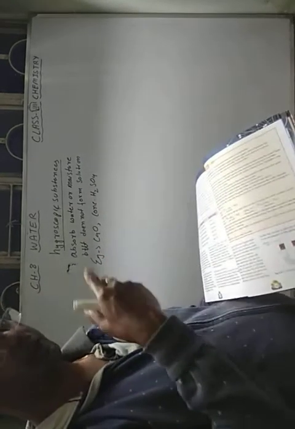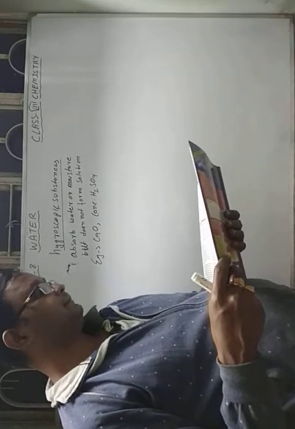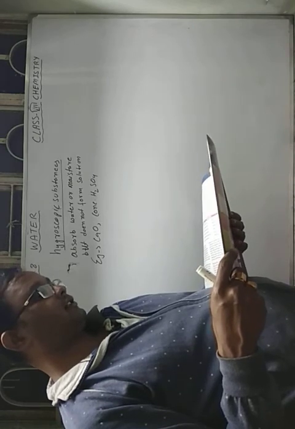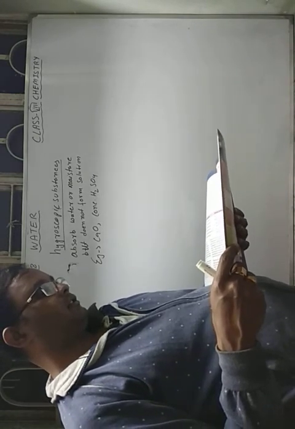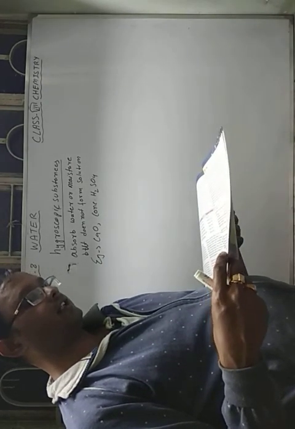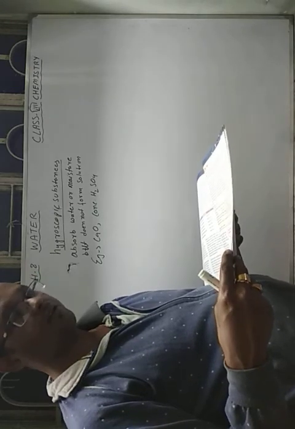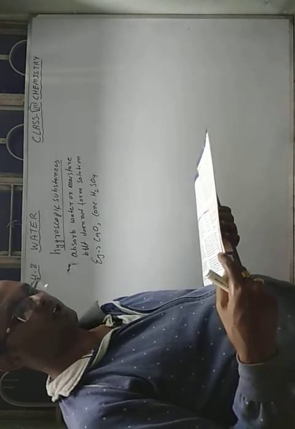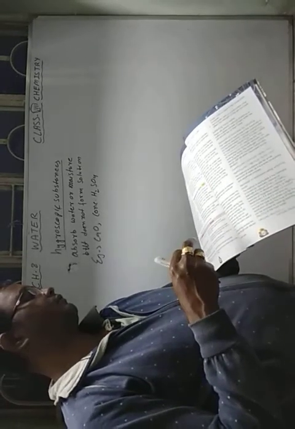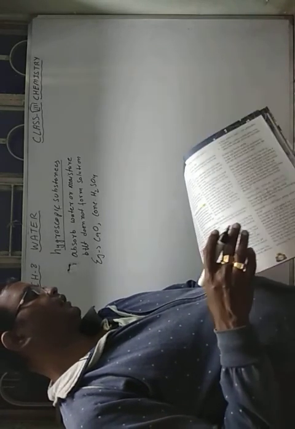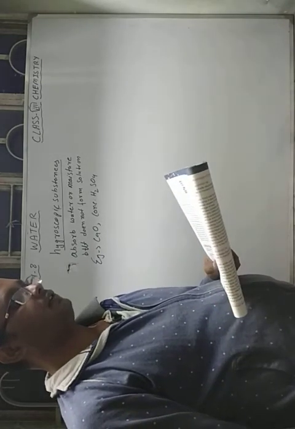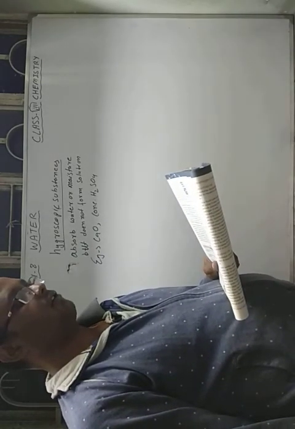All the examples that we have seen in the previous part of the chapter, that is water of crystallization, without water, all our anhydrous salts are hygroscopic substances. Anhydrous calcium chloride is also used as a drying agent, meaning it takes moisture from the substances which contain water in them. Silica gel is another type of drying agent.